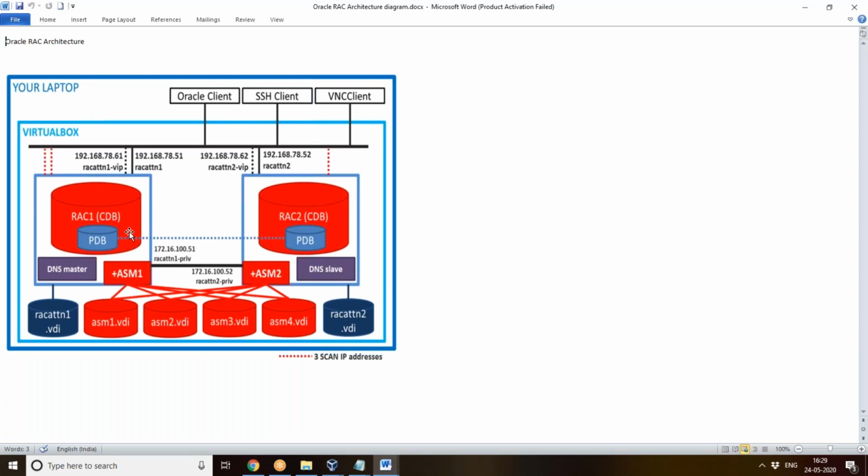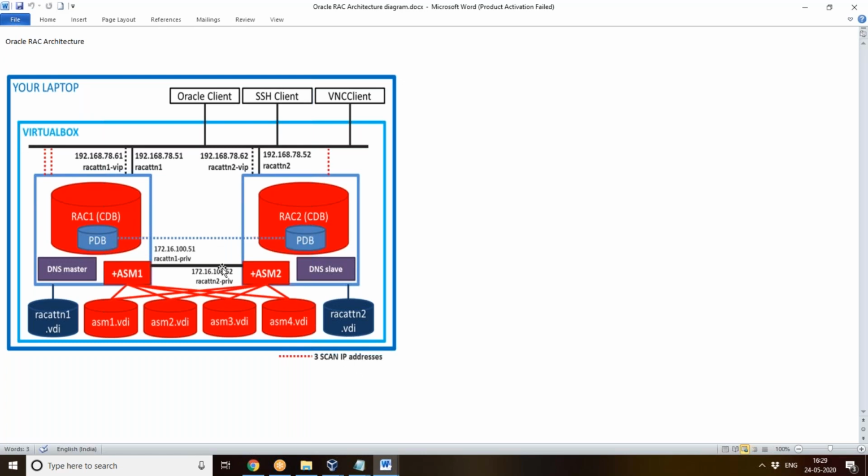So before the user finds out that there is some latency, the speed should be more, so that within a less response time it should give the output or the result. That is why you call this the priv IP. Priv IP is used to connect between the instances. However many instances there are, this priv IP will be used. For example, if 10 nodes are connected in your cluster, then this priv IP is used among the instances. Fine, that is the meaning. That's why we are using this priv IP here.